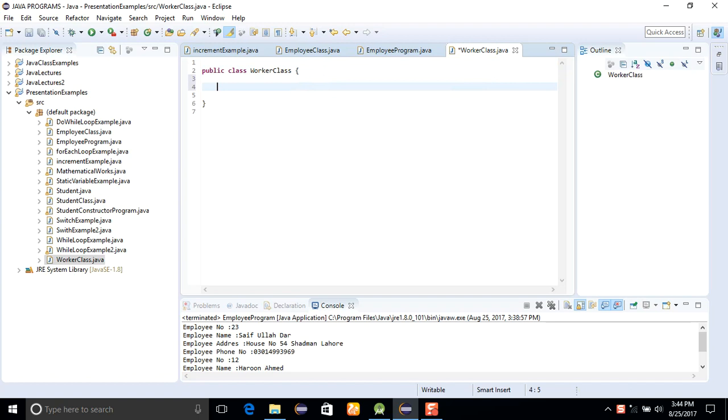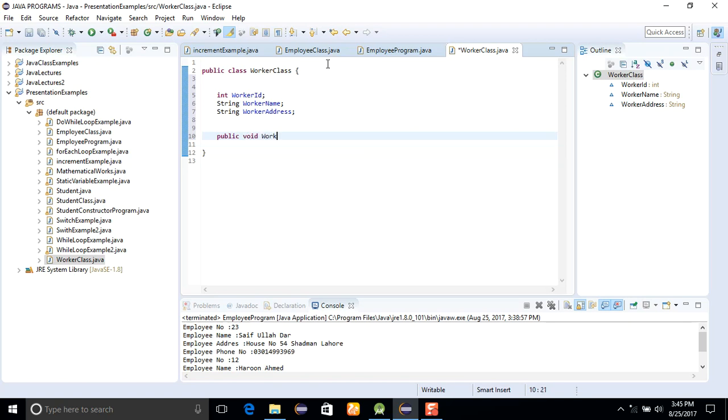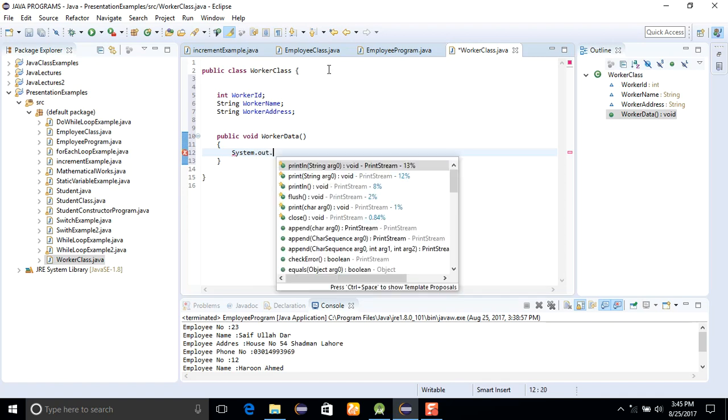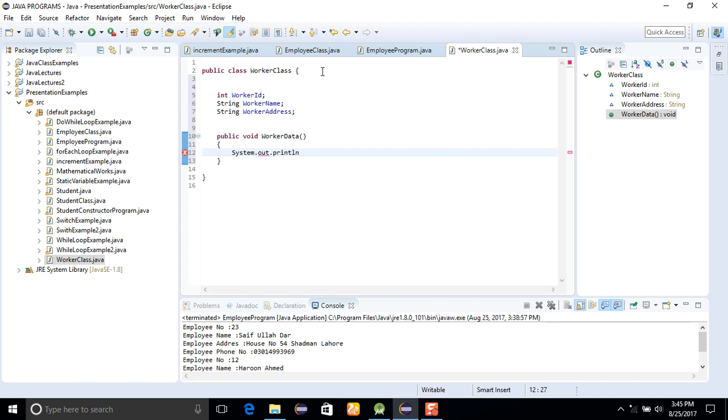So in this worker class I'm using some worker properties: int worker ID, string worker name, string worker address, and now I'm creating a public void worker data method, and in this method I'm displaying System.out.println the worker ID plus display the worker ID,